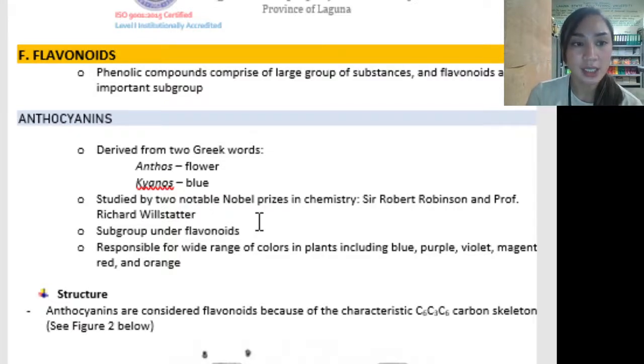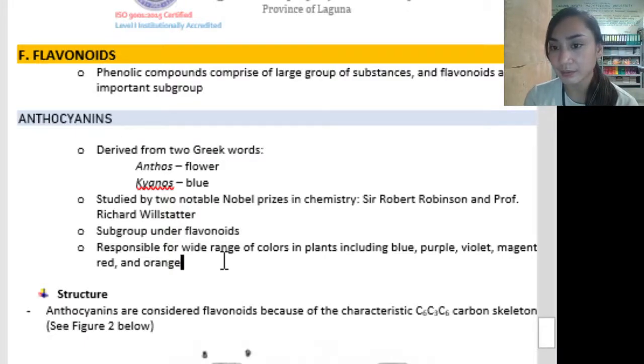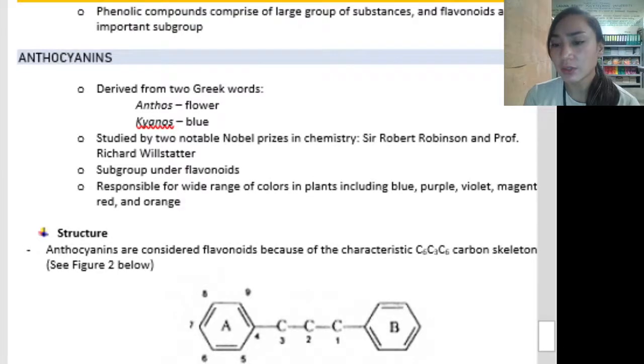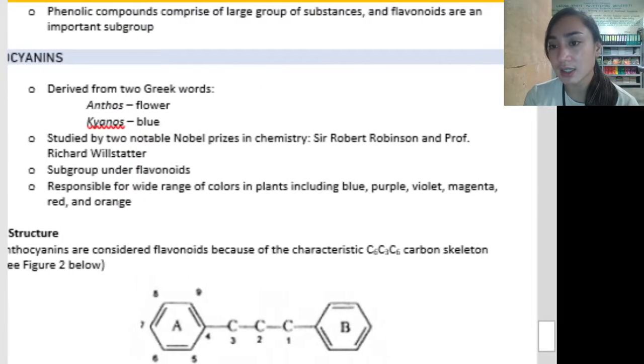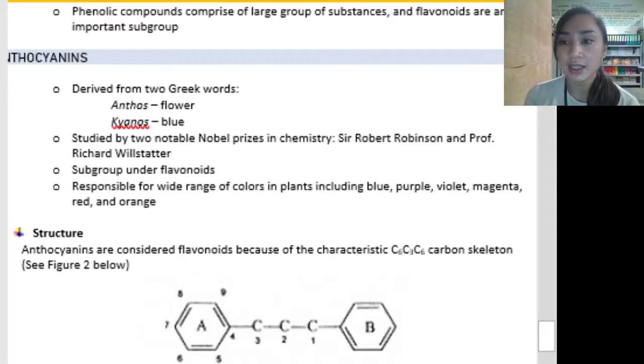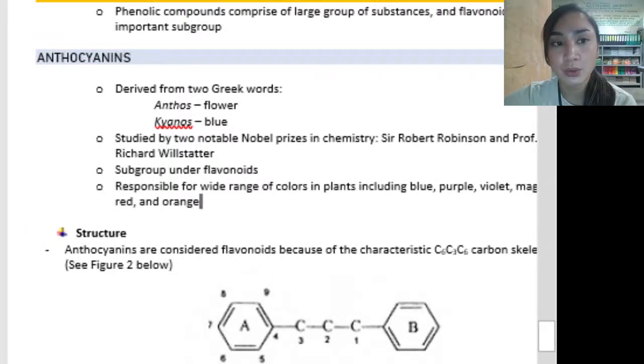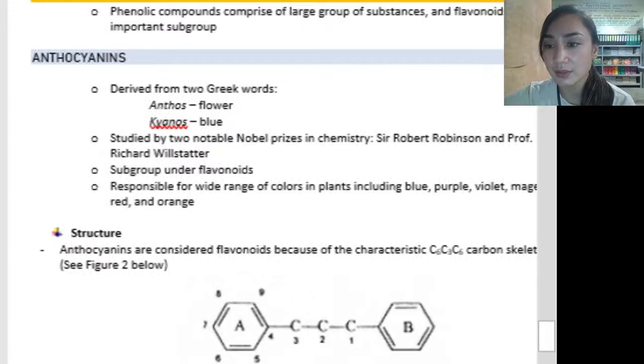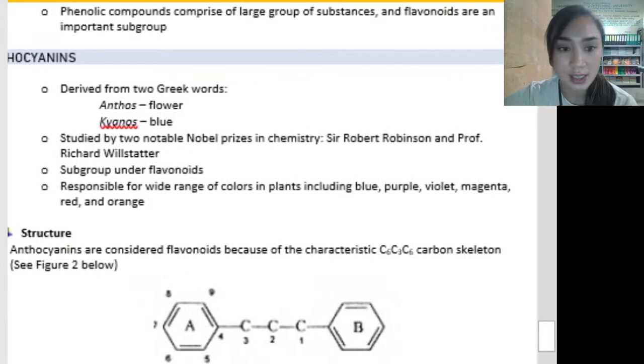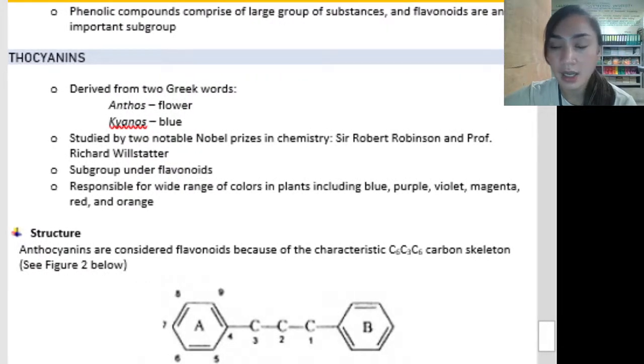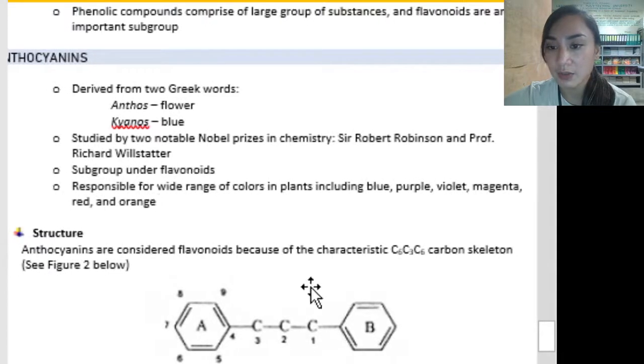So, itong anthocyanins, again, as I mentioned earlier, it's a subgroup under flavonoids. It is responsible for a wide range of colors such as blue, purple, violet, magenta, and even red and orange. But more on, ang anthocyanins natin, they're responsible for the blue, purple color. Okay, so they are considered flavonoids. Why? Because of their characteristics such as C6, C3, and C6 carbon skeleton. So if we look here,